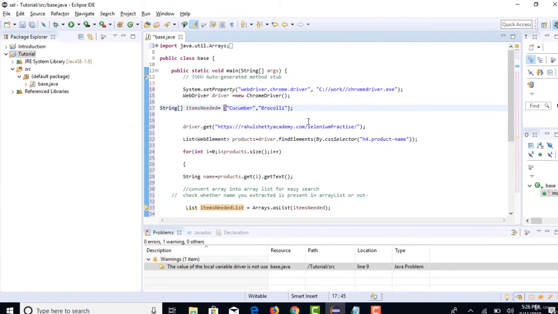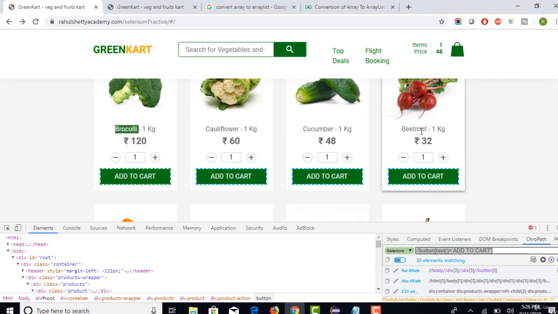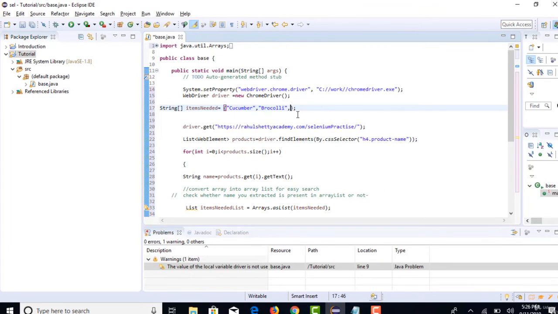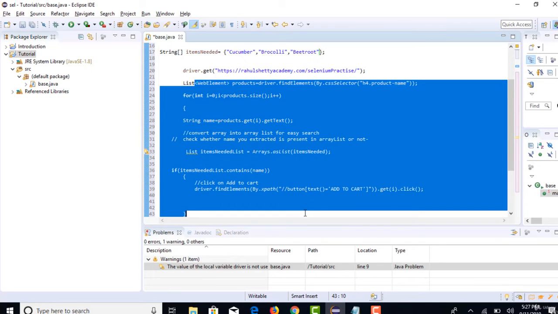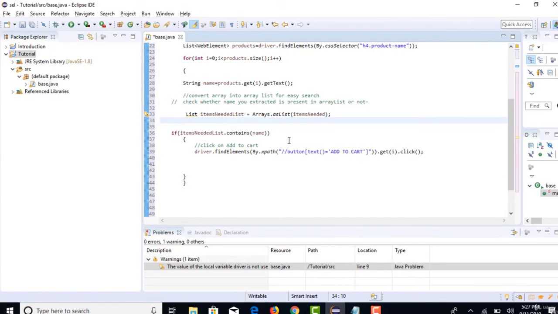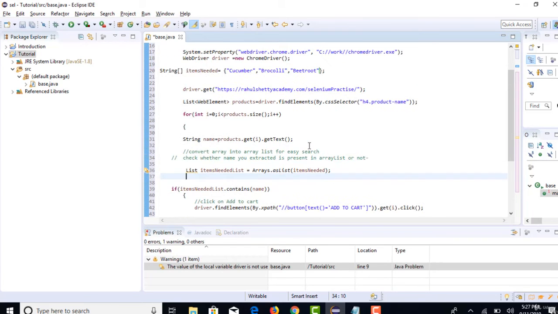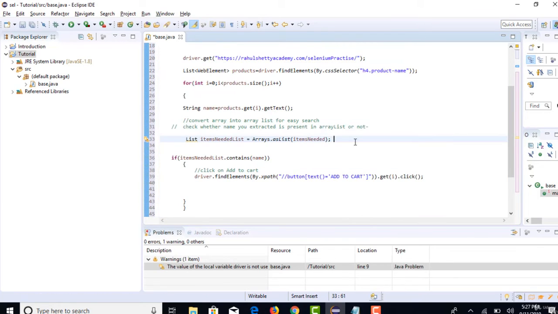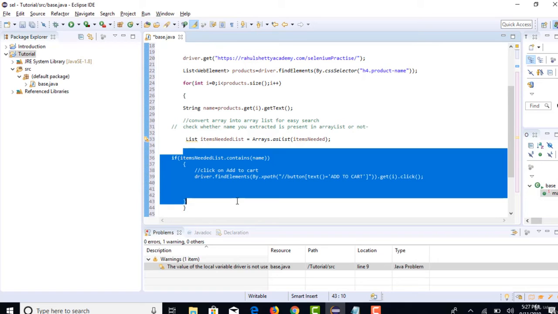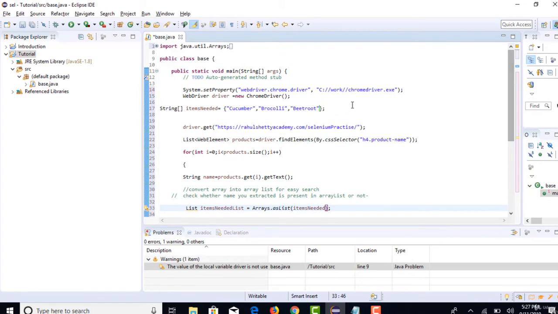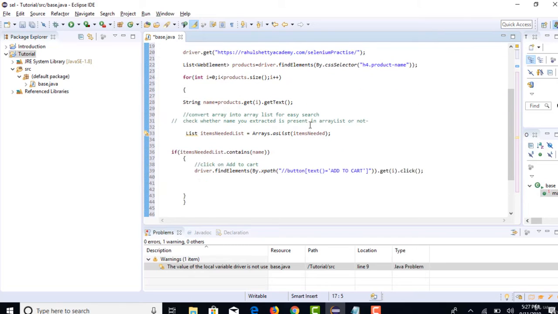Now in this way you can add n number of items here. So if you want to hit on beetroot, just give beetroot. That's it. You need not change any code. Simply keep on expanding your array and this code will still remain the same. You need not touch anything here. So that's where the dynamicness we need to bring. If you can expand this array tomorrow, your code should not be touched. That's how people expect you to write code. If you hard code cucumber inside this, tomorrow if you add one more broccoli, you have to repeat the code. So you will only update your array here and that should reflect everywhere.